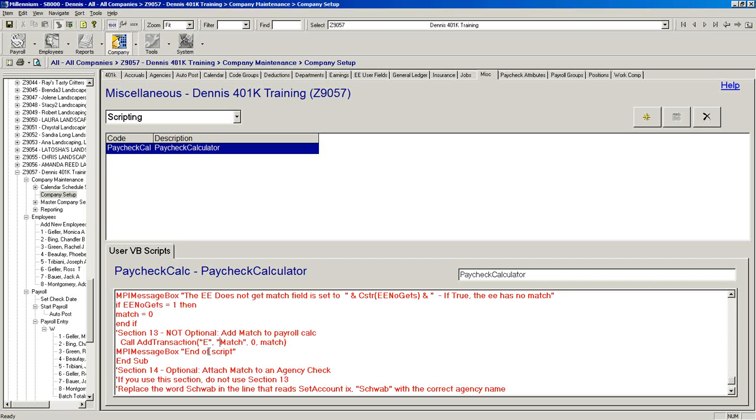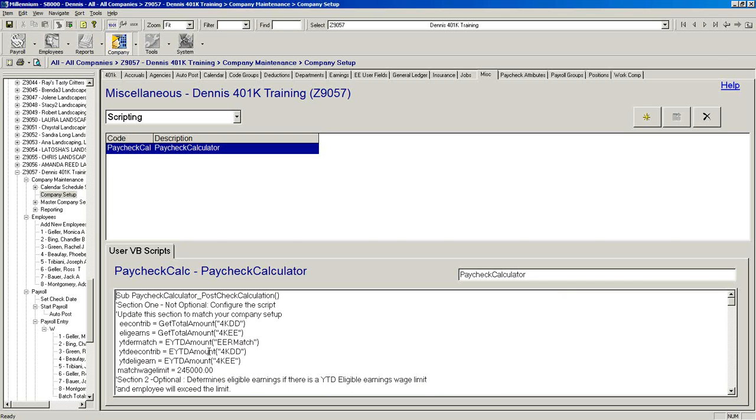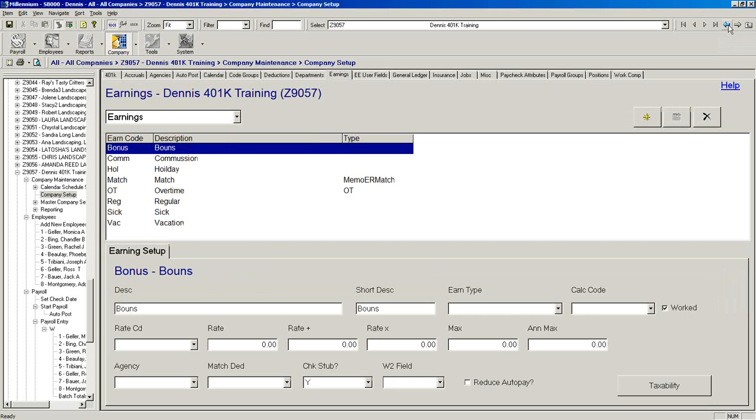So now I've changed the script to match the company itself. I can save it. I can back arrow over to where I was, and you'll notice my error is gone. Now, nothing's working, and so now I've got to figure out why. So now the last thing I had mentioned,